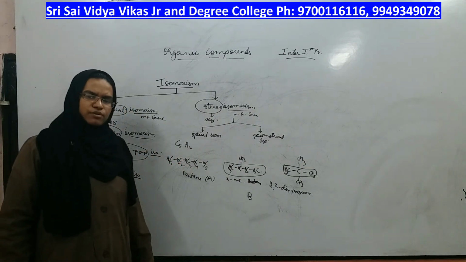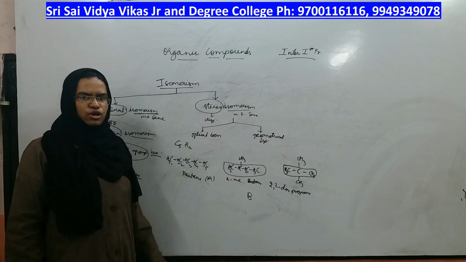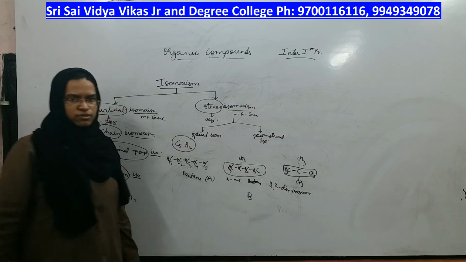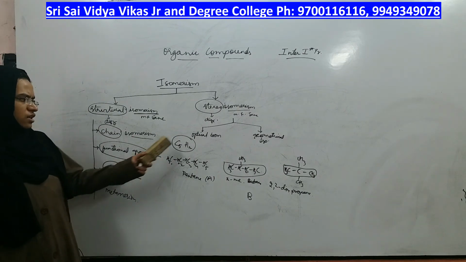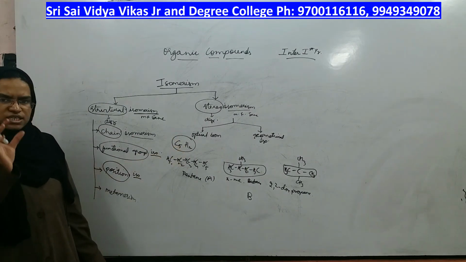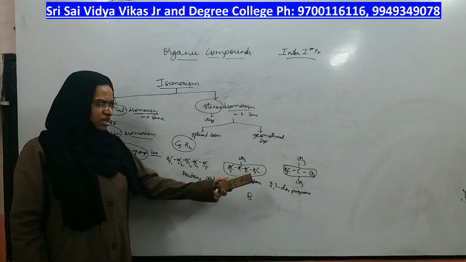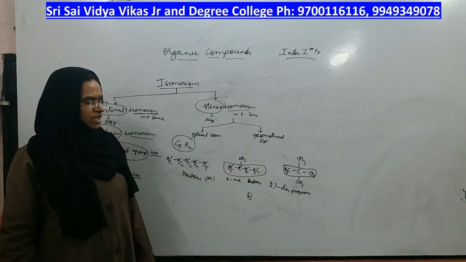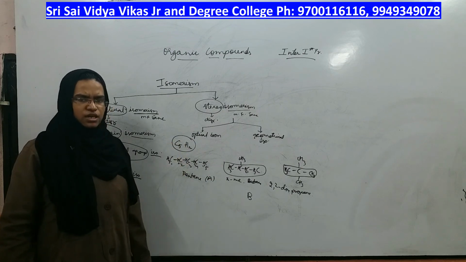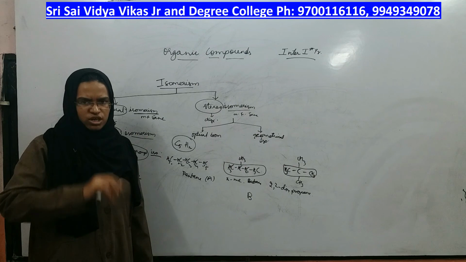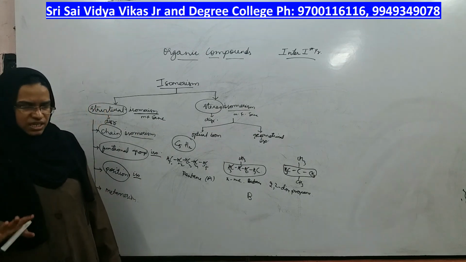In the exam, you may be asked to draw all the structural formulas of this molecular formula. So what you have to do is, with this molecular formula, start decreasing the chain length, and you will get 3. More than that, you cannot get ethane for C5, right? For C5, getting 2 carbons in the longest chain is not possible, the minimum will be 3, right?